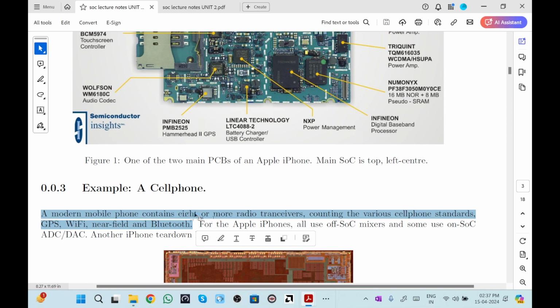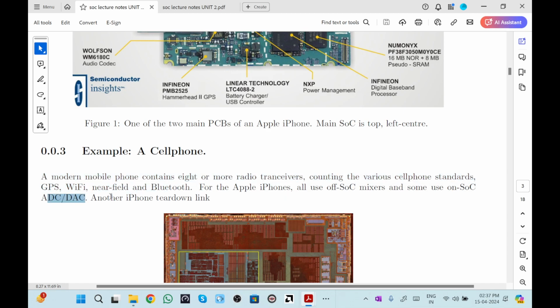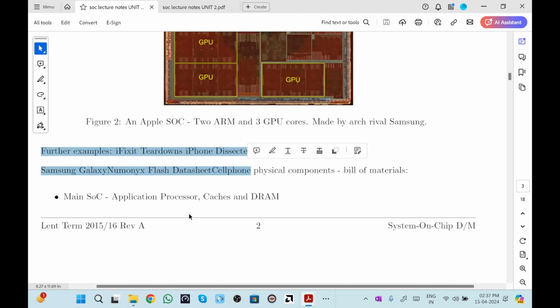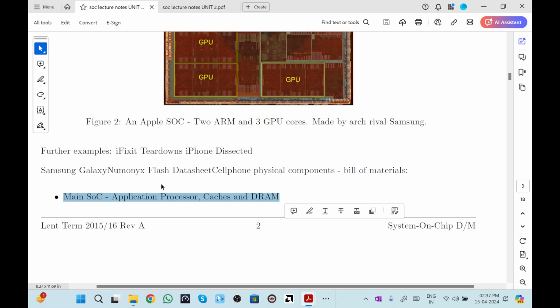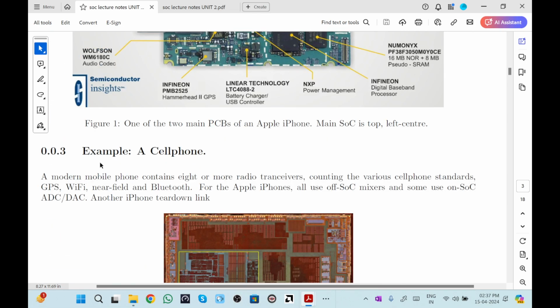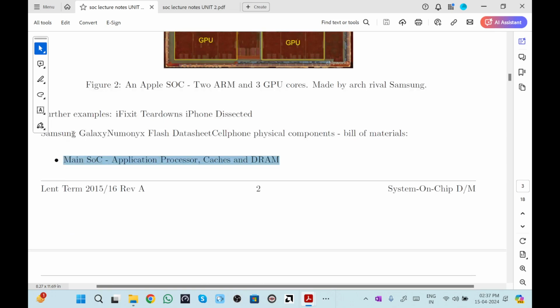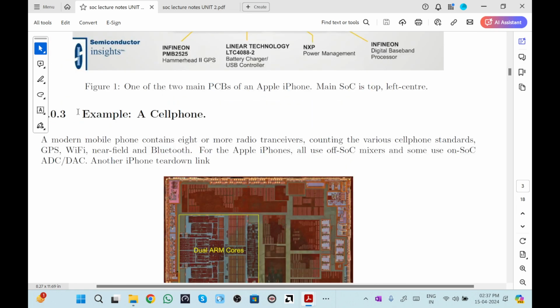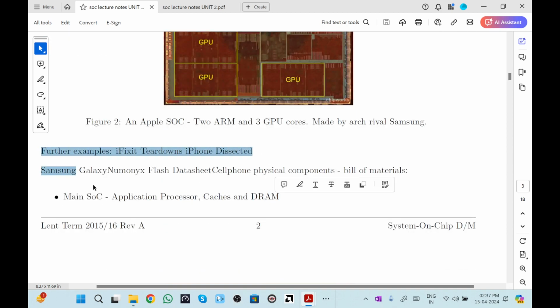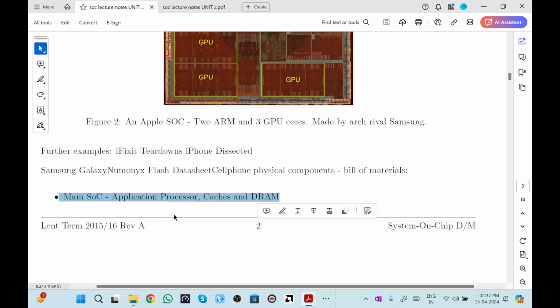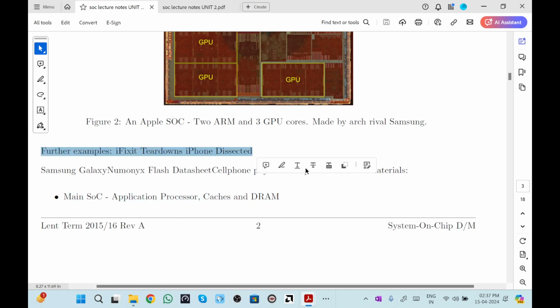That's it. This is how I am copying, and Control V stands for paste. If I am continuously copying, the first statement I copied till Bluetooth, the second statement till further example, the third statement for SoC. You can observe that as soon as you copy the next statement, the preceding statement will be erased from the system. As soon as I copy the line main SoC application processor by using Control C, the previous line will be erased from the memory.